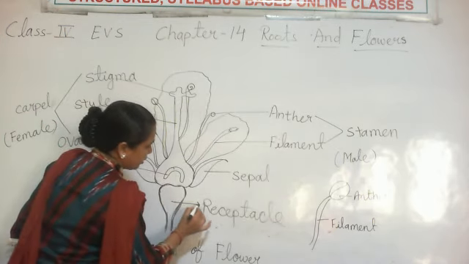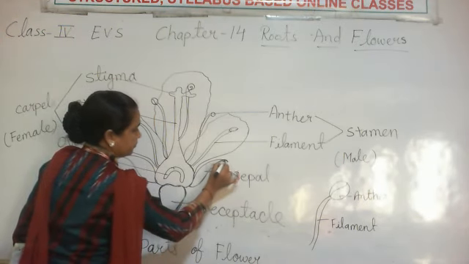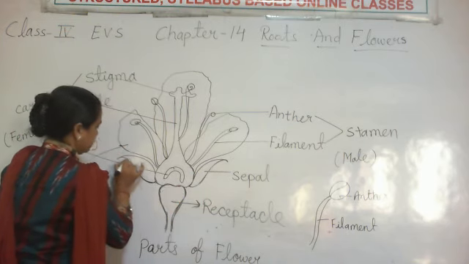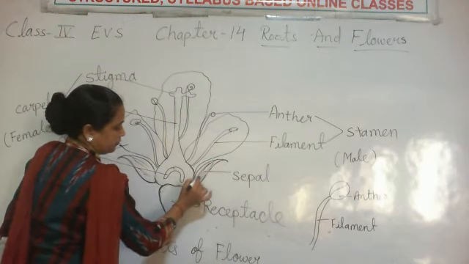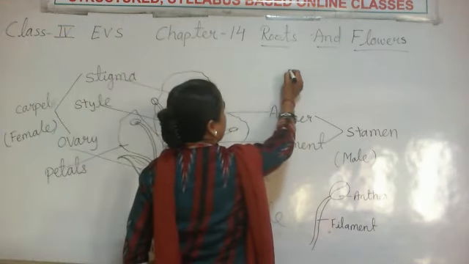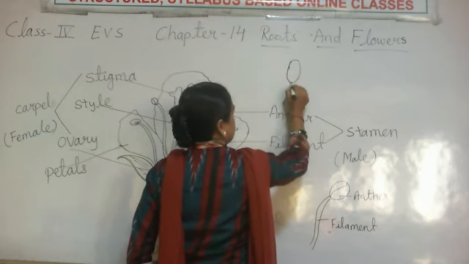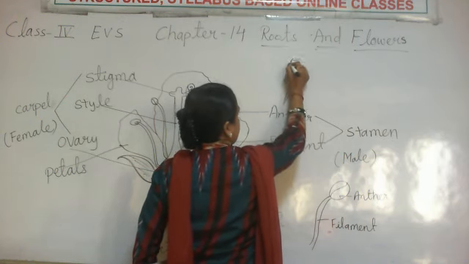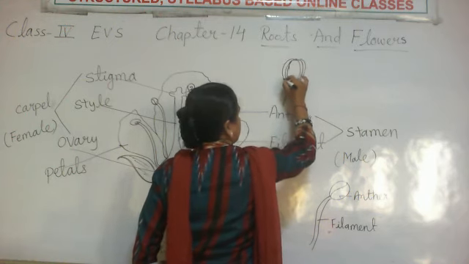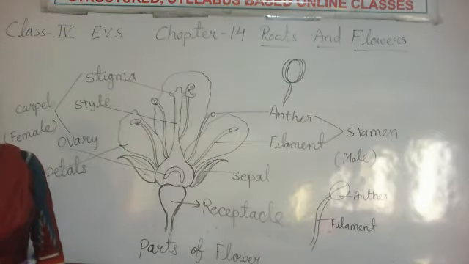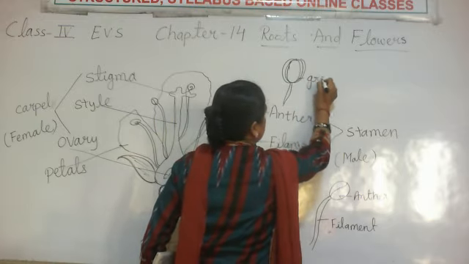Now, what is the color of the receptacle? Green. Now, the second part, this part. If you see a bud, अगर हम किसी बड को देखेंगे, फूल की कली को देखेंगे, क्लियर? कैसी होगी? इस तरह से होगी, कुछ कवर इस पर होगा. And what is the color of that cover? कैसा होगा उसका कलर? कवर का ग्रीन, ये ग्रीन कलर होगा.